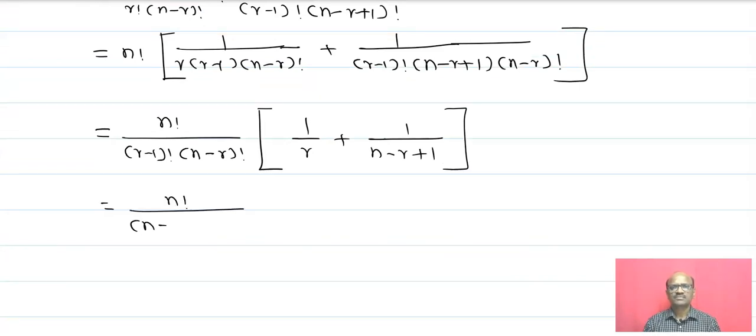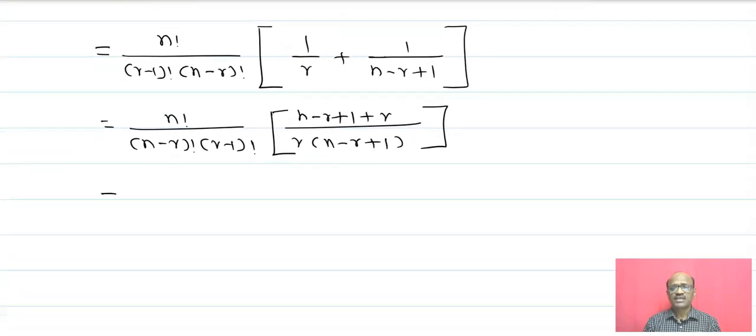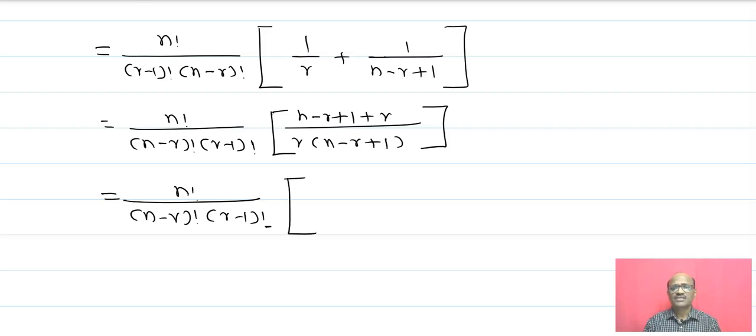Now take the common n factorial upon (n minus r) factorial into (r minus 1) factorial in brackets. Now simplification: (n minus r plus 1 plus r) upon r into (n minus r plus 1). Now plus r and minus r get cancelled, then you will get n factorial, (n minus r) factorial, (r minus 1) factorial. Now plus r minus r get cancelled in the square bracket, you will get n plus 1 upon r into (n minus r plus 1),